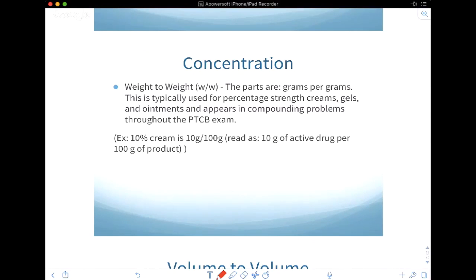So for example, you have a 10% cream. The 10% cream is going to be 10 grams over 100 grams. Whenever you see this, what it's saying is that there are 10 grams of active ingredient, or active drug, per the 100 grams of product. So if you make Kool-Aid, or orange juice, or cleaning materials, let's say you put 1 teaspoon of weed killer